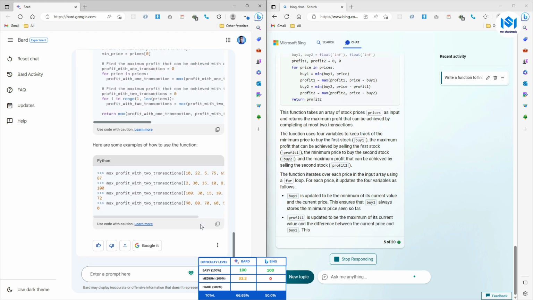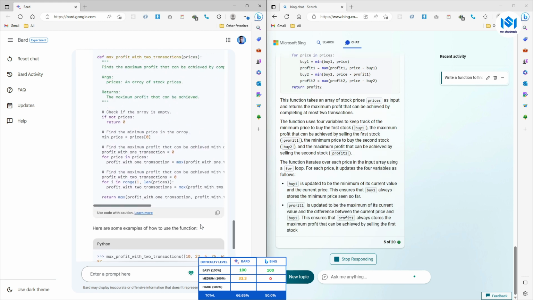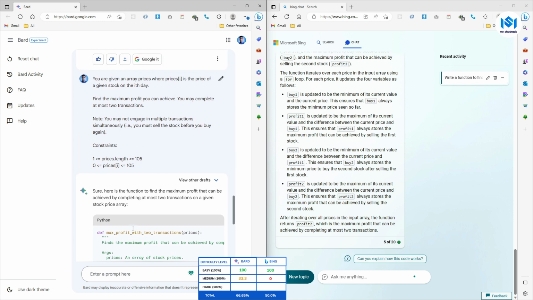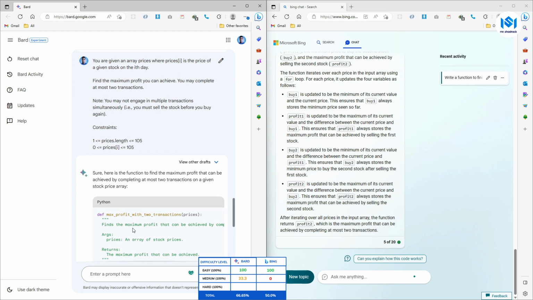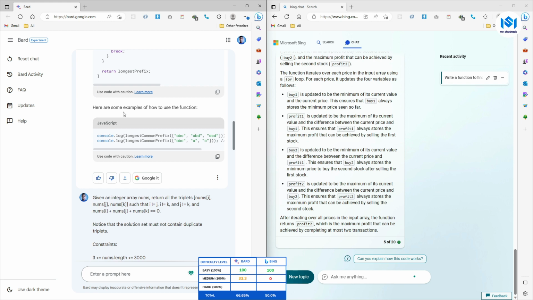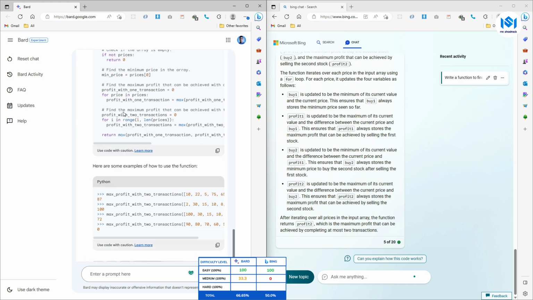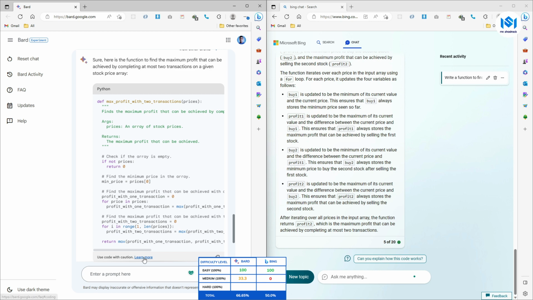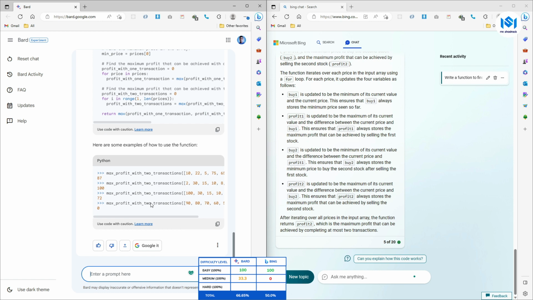So it looks like Bard is done with the code. What I noticed is Bard actually wrote this again in Python. I was expecting it to write it in JavaScript again, since it was able to remember this one, because of what I said here, to convert a function to JavaScript. But yeah, it's actually written the function again in Python. So I'm going to ask it again to convert this into JavaScript because I want to use the JavaScript environment to test it.